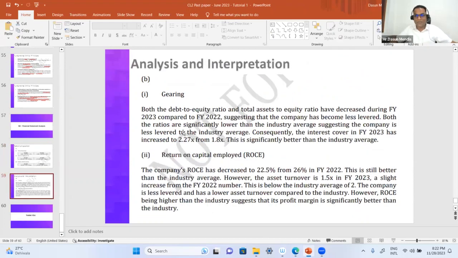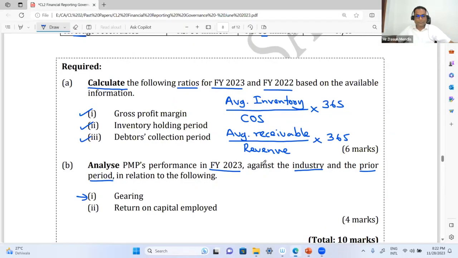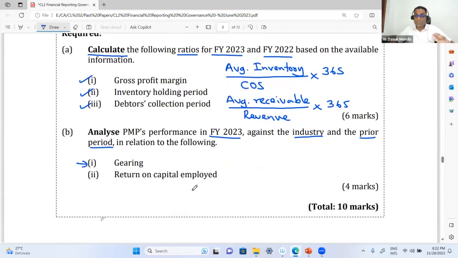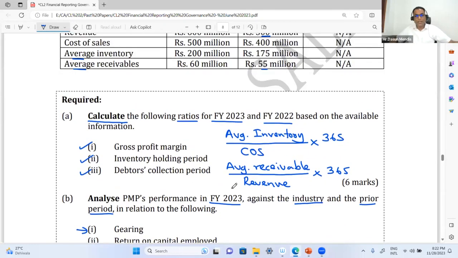So the answer is there. We have already gone through. Anyway, the things I have mentioned are there in this particular slide. You can go through. Right, that is done. Then the most important thing is we also need to comment about the return on capital employed. This is one of the key ratios, one of the important ratios that the ratio analysis question always focuses on, right? Understand this concept well.